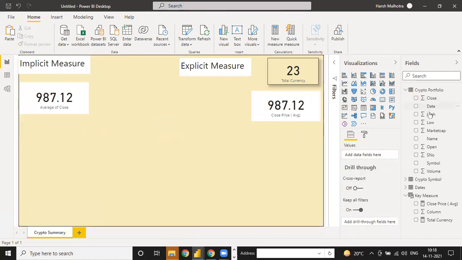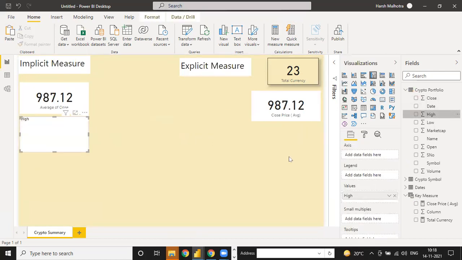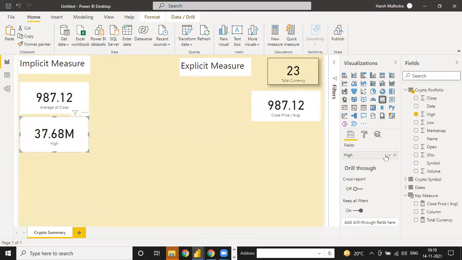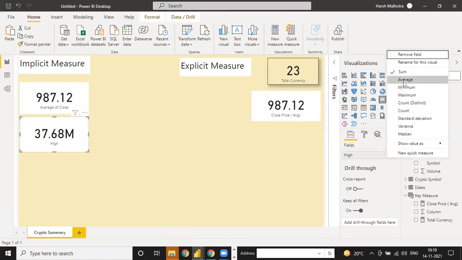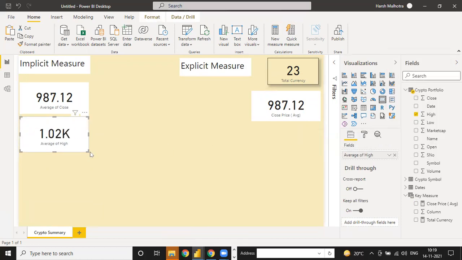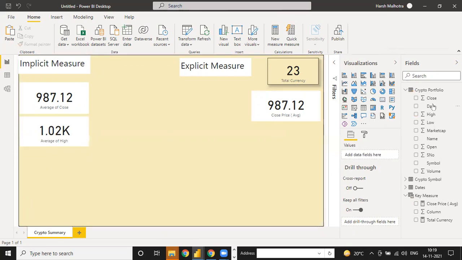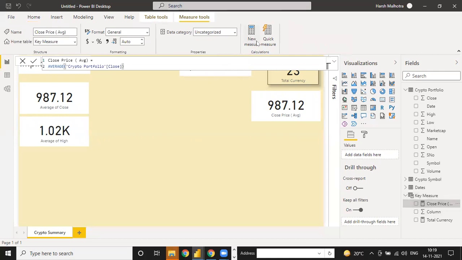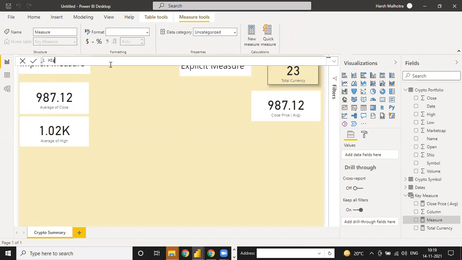Same way, if you click on this high, it is also implicit. Select this card and go to average, 1.2k. It's also an implicit measure. Same way, if you click on this close price, new measure again. Right now I need high average price, so I'm just going to use the same function.